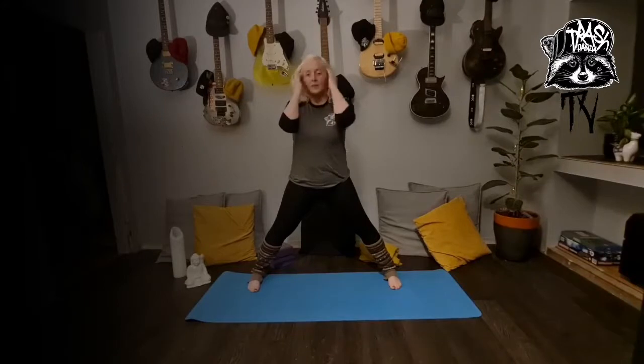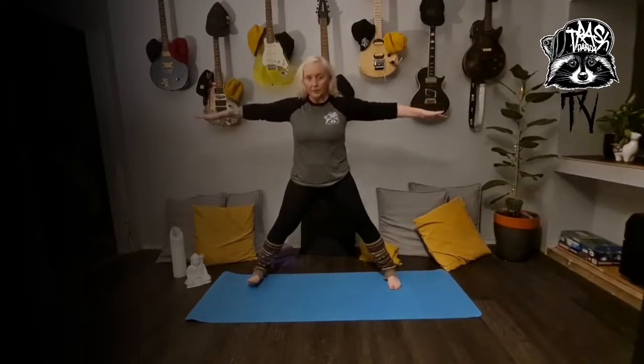So we're going to take a bind. We're going to try to come into, we've done warrior 2 before with the open hips. So we're going to try to do that with a bind before we come down to the earth. So hands at the heart centre, extending the arms, roll the shoulders away from the ears, lift your right toes